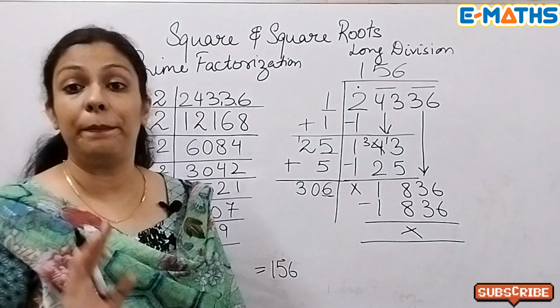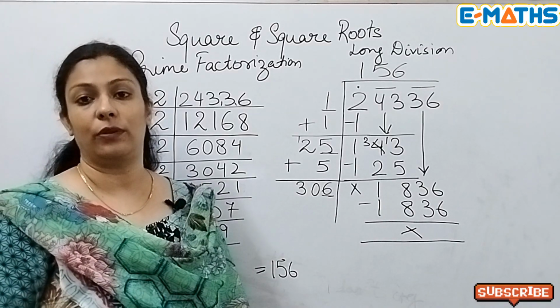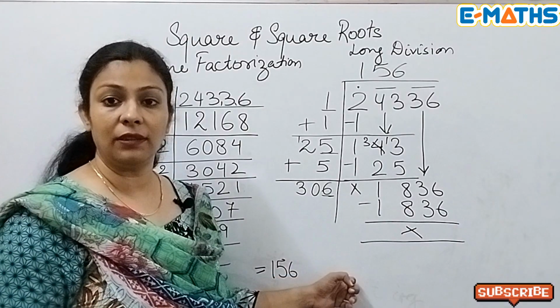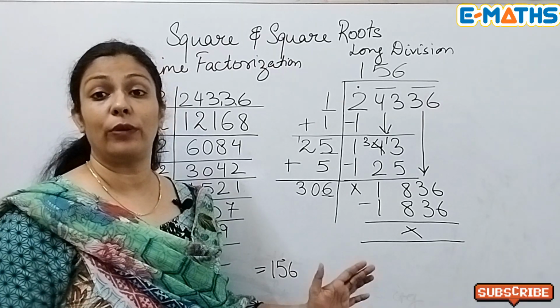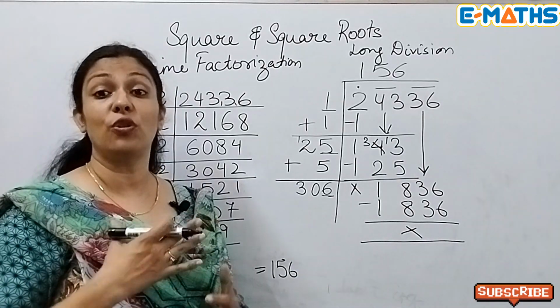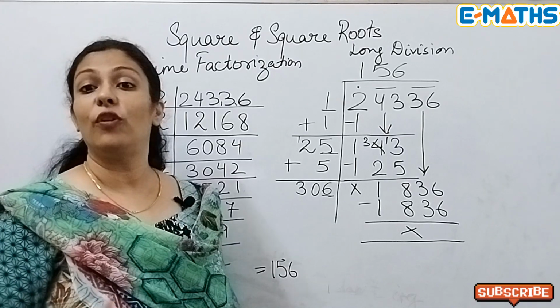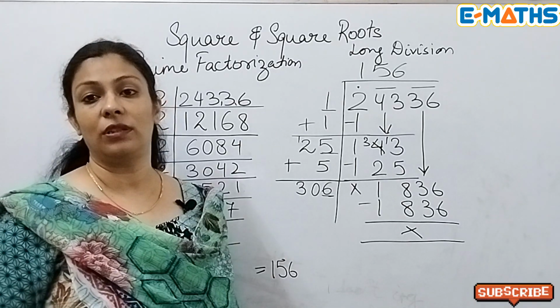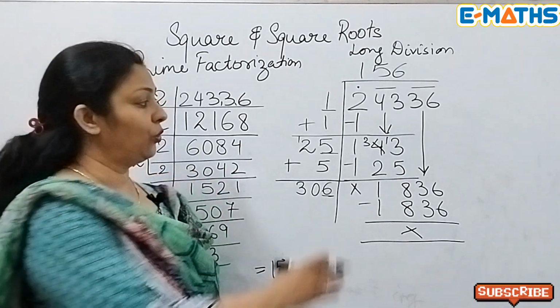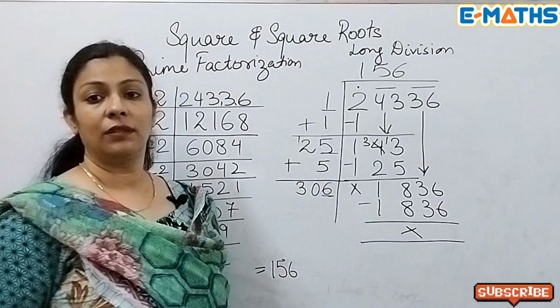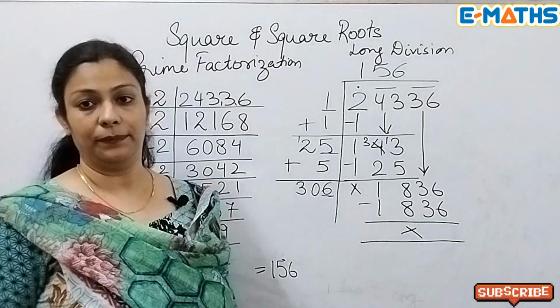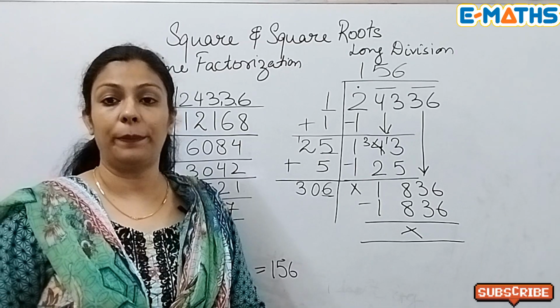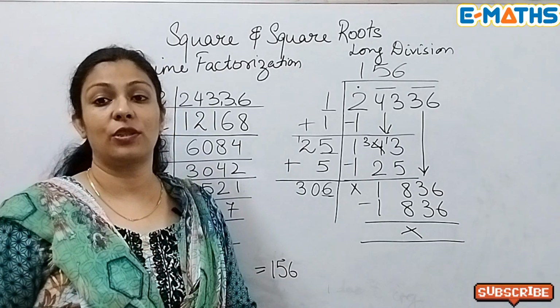This is the best way to find the square root. If you can learn this method, you can easily find the square root of any number, because there are so many prime numbers for which we cannot remember all the square roots. So if you know this method, you can simply find the square root of any given number. I hope you have understood this topic. This will really help you in finding the square roots.